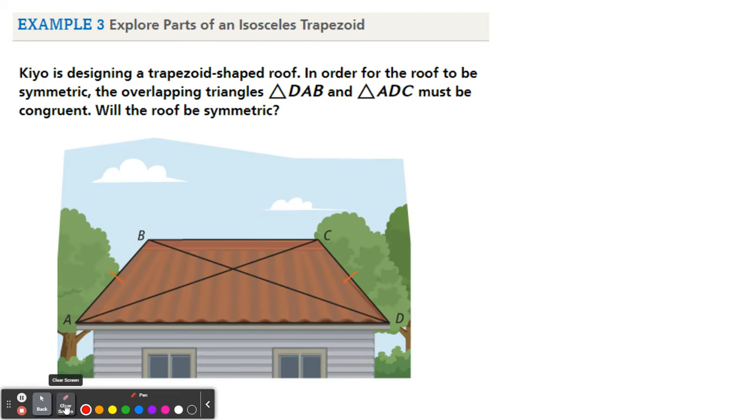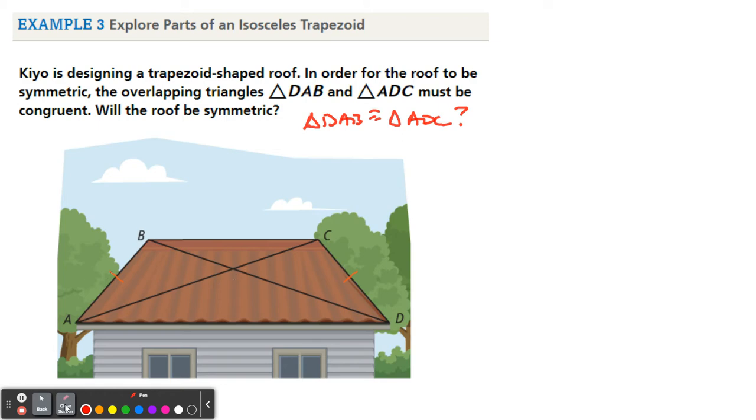It says, Keo is designing a trapezoid-shaped roof. In order for the roof to be symmetric, the overlapping triangles, triangle DAB and triangle ADC, must be congruent. Will the roof be symmetric? So basically what we're trying to do is prove that triangle DAB is congruent to triangle ADC. That's what we're trying to do. So if we take a look here,